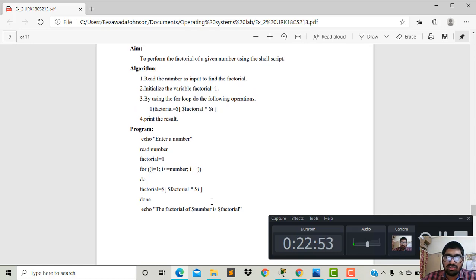I'm using factorial equal to 1, and I'm using a for loop here: i equal to 1, i less than or equal to number, and i plus plus. If the user has entered the number 5, it will go from 1 and execute up to 5. This is the main operation to perform the factorial of the given number, that is factorial into i.